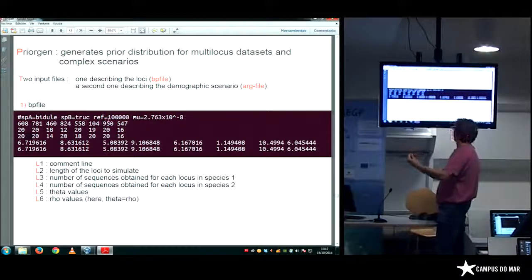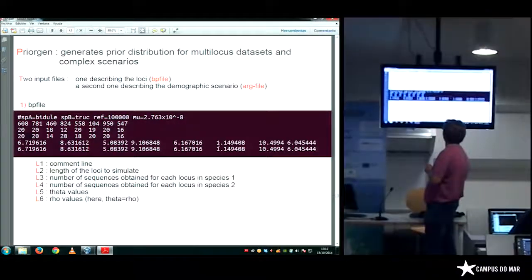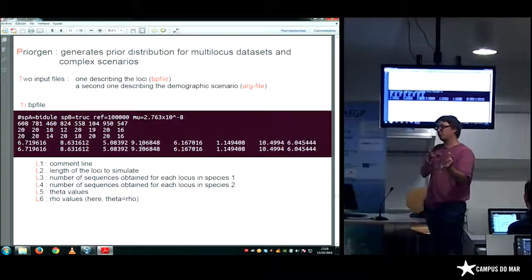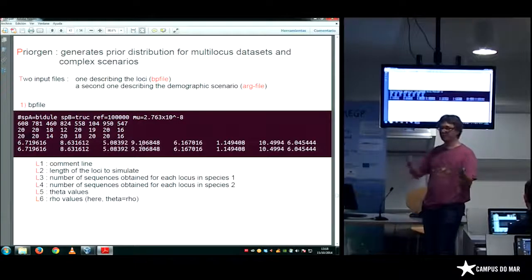So I continue. Here you have the value of theta that we are going to simulate for the 8 genes, but it's not the observed theta. It's just using this mutation rate. That's why the value is just the product of the size of the locus times the mutation rate. Okay? It's because we configure the simulation on the population size, not on the product of the population size and the mutation rate. So it's something you need to understand and to play with.